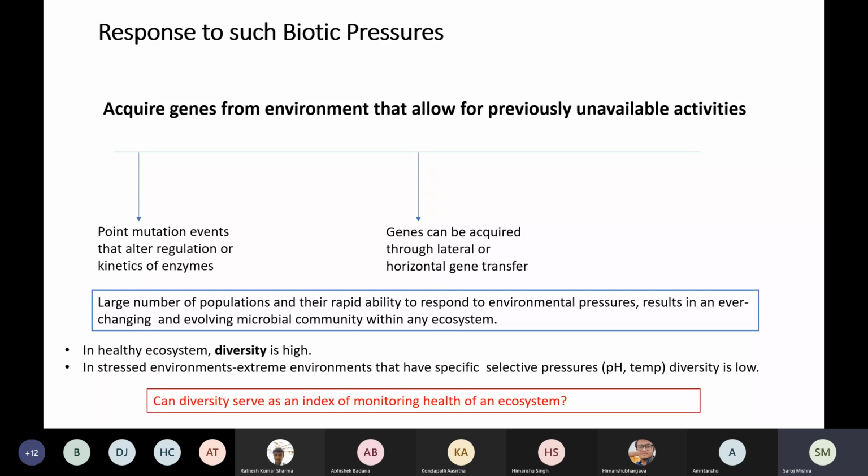When these microorganisms lyse, the plasmid DNA is also released into the soil, and through conjugation or transformation, these genes can laterally transfer from one